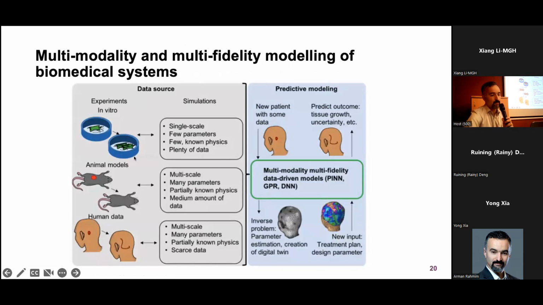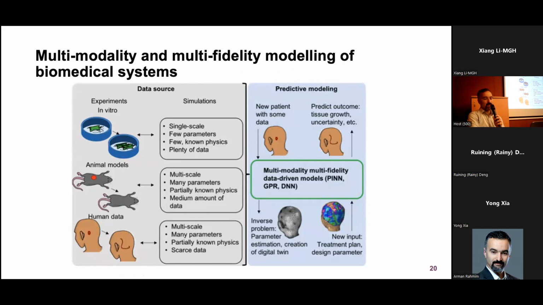So there's going to be a multiscale source of things, multimodality. To build digital twins, you could have experiments done in vitro, you could have animal models, human data, with different levels of sophistication and scale. And you're going to need multi-fidelity modeling too. And I'll get to this later too. When we do AI,